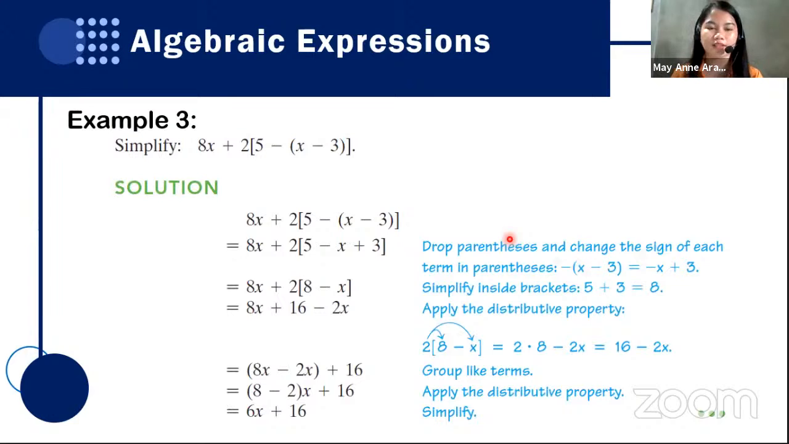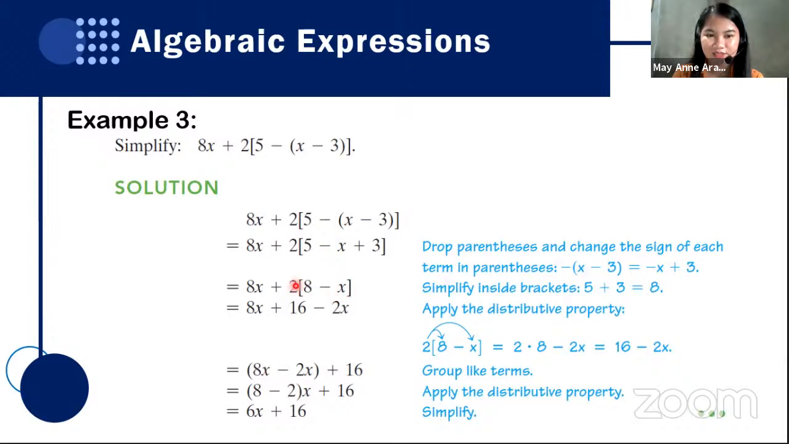Simplify 8x plus 2 times the quantity of 5 minus the quantity of x minus 3. Okay, the first thing we need to do here is to simplify this one, the parenthesis. So we need to distribute the sign. Negative times x is negative x, and negative times negative 3 is positive 3. After this, we can now combine the two constants, which are 5 and 3. So you have 5 plus 3, 8,